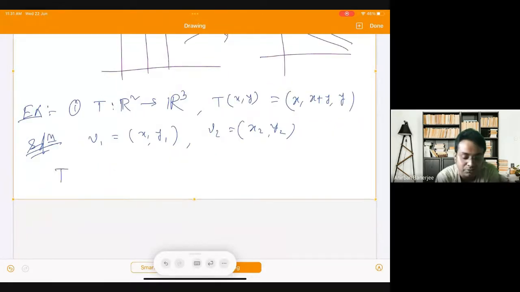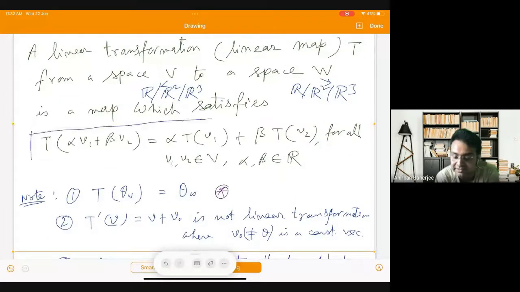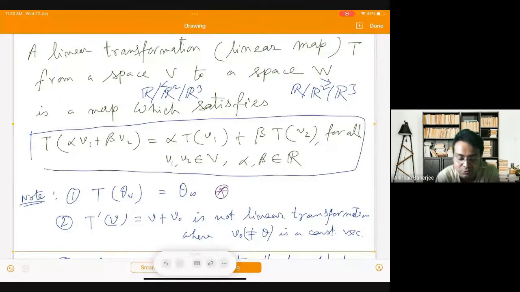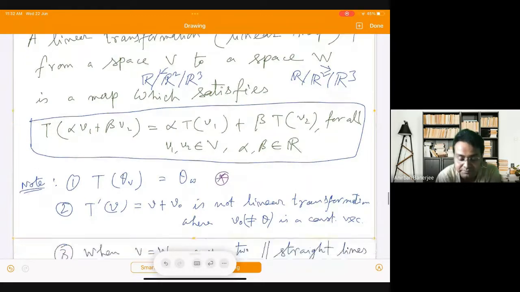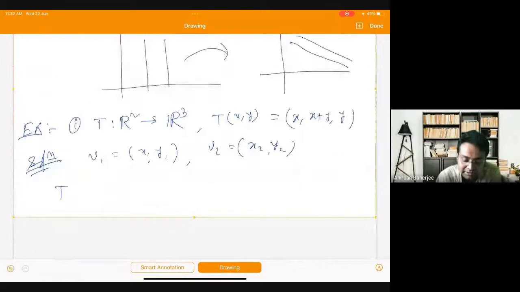And then on the one hand we'll just see whether this holds or not. So we calculate the left hand side of the equation and also separately calculate the right hand side of the equation and see whether they are equal or not. So in this case, then